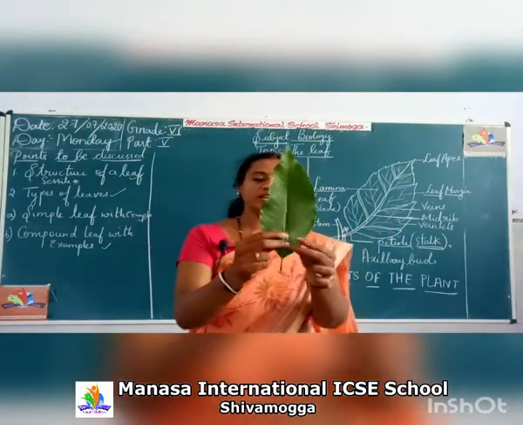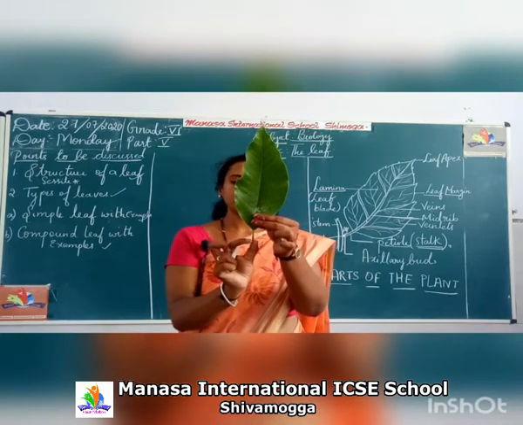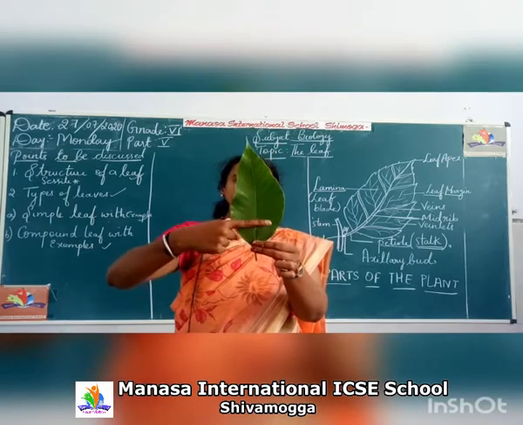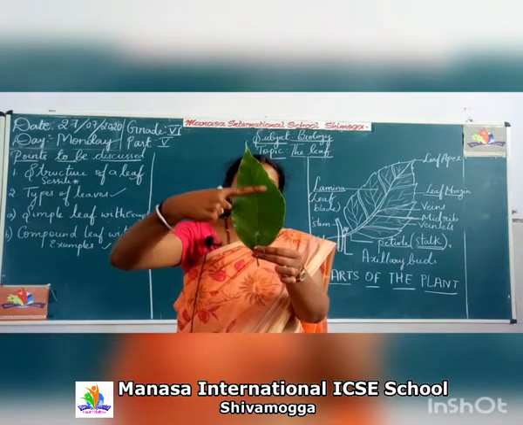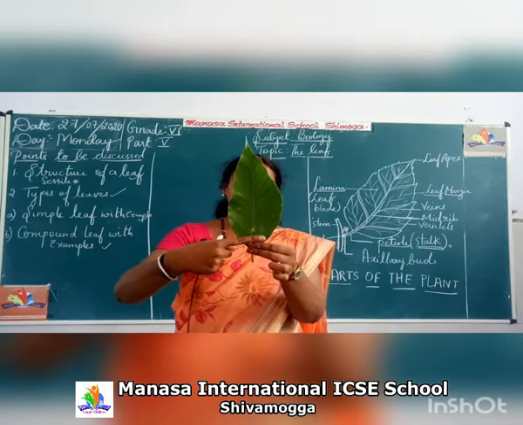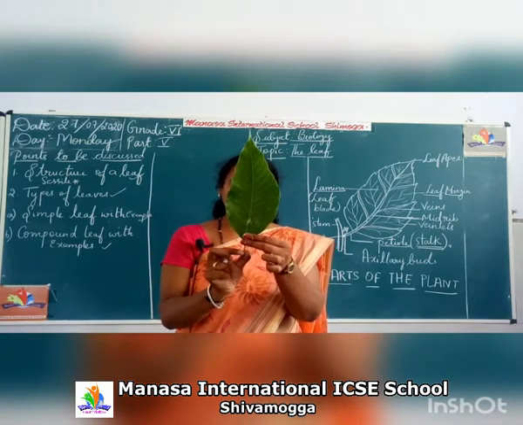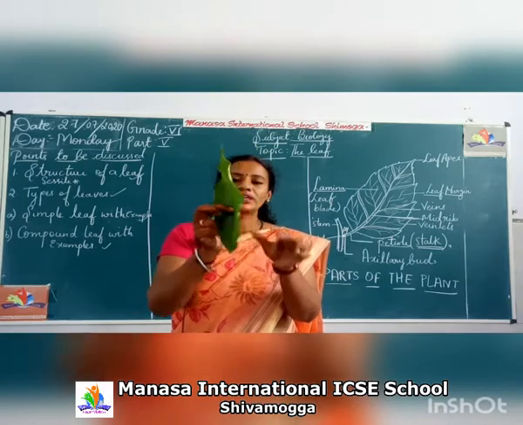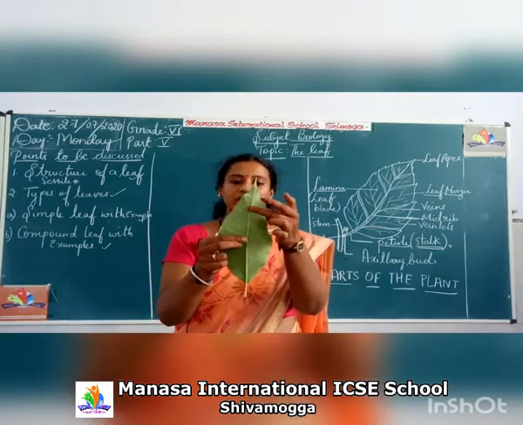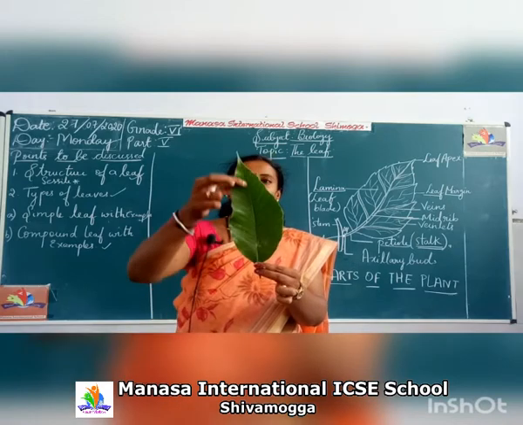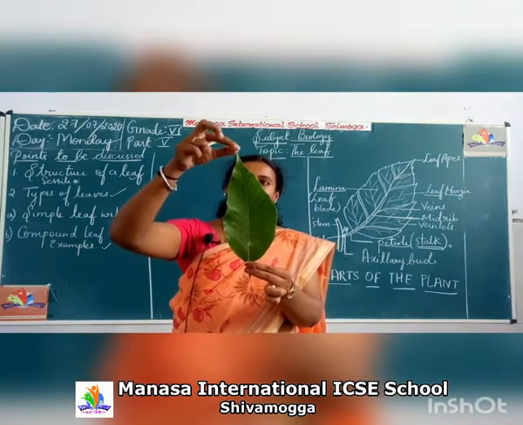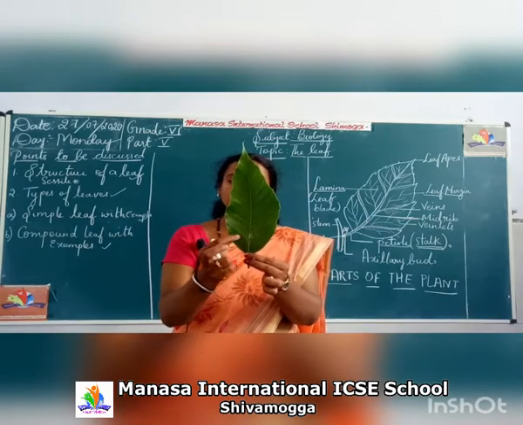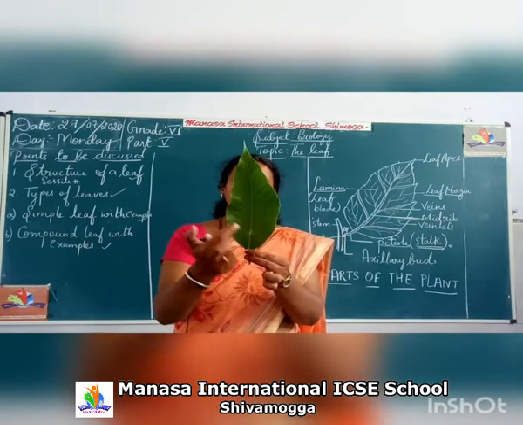Now here, observe carefully. I am going to explain here. This is the petiole or the stalk, right? And we have a green colored flat portion called the leaf lamina or leaf blade, right? This stalk or petiole will give rise to the continuity that is called the midrib. I think you can see here the midrib, right? This is the midrib. It will continue till the apex, that is the tip of the leaf. And this midrib again will give rise to veins, right? Alternate.